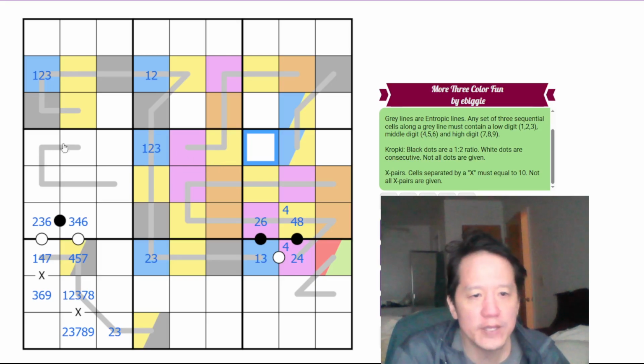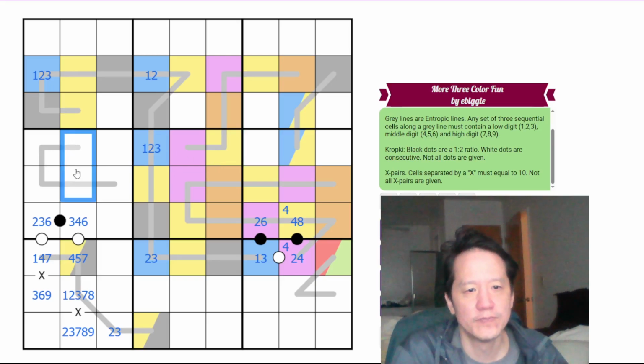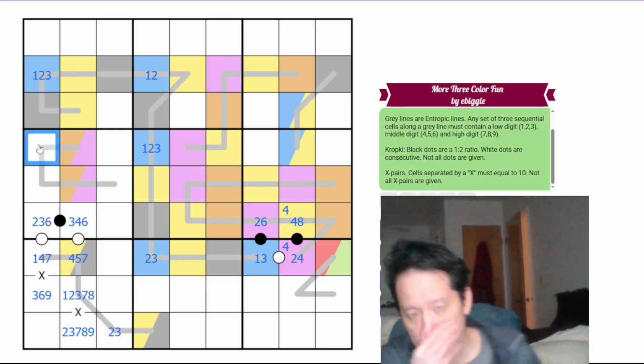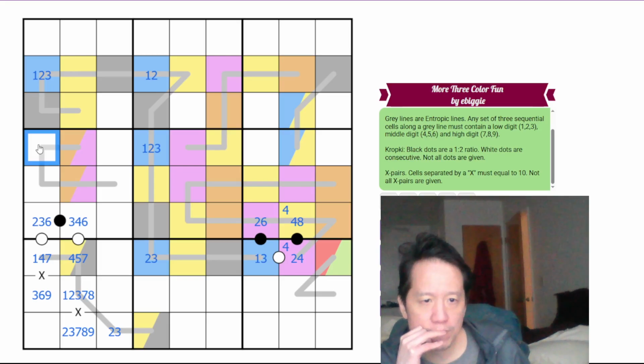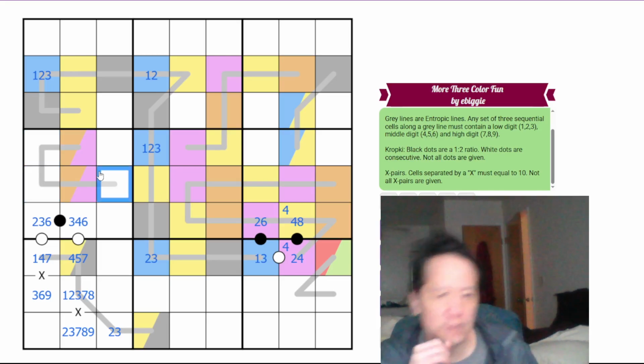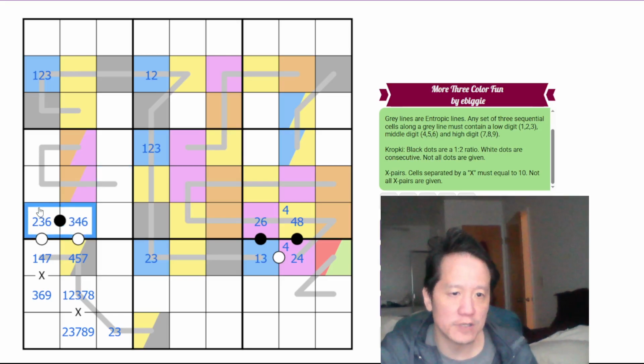Okay. These two digits are the same. And these two digits are the same set. So these two digits can never be yellow. So they're either pink or orange here. If this is yellow, this would be yellow, so that's possible. One of these would have to be a yellow. We know this is a low middle combination